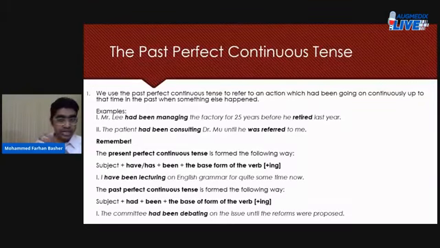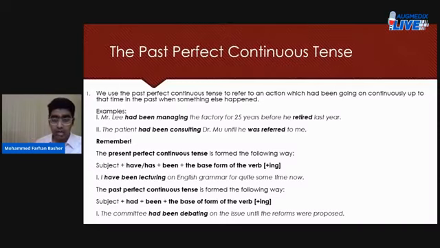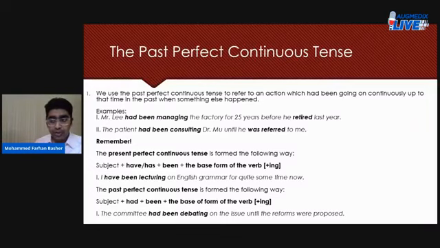All right? So we discussed the present perfect tense yesterday, and I'm sure all of you remember it well. If you don't, I would suggest you go and look up my lecture once again, right? So the present perfect tense is used when you want to talk of something that has been happening since a particular time in the past, right? For example, I want to say that I've been doing something since the year 2015. So I can say that I have been lecturing or I have been teaching since 2015. When you say so, you mean that this action is still happening, is still very much in the present, right?